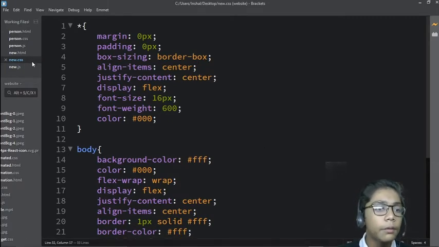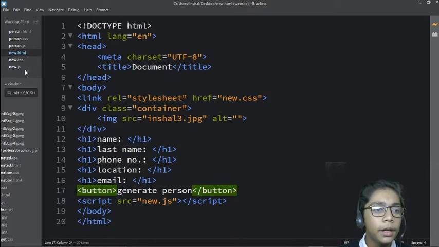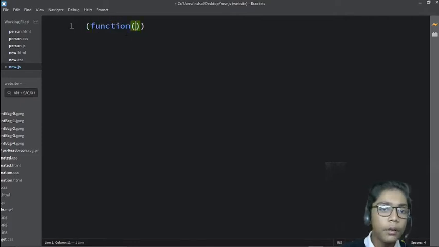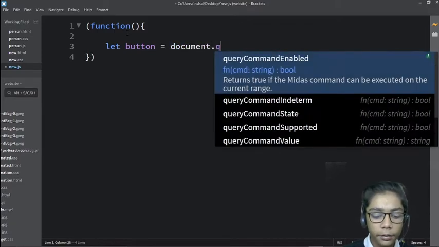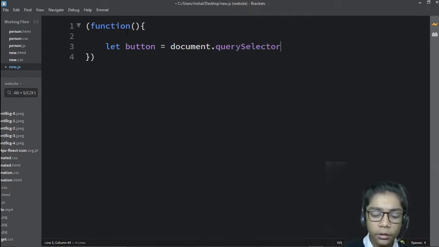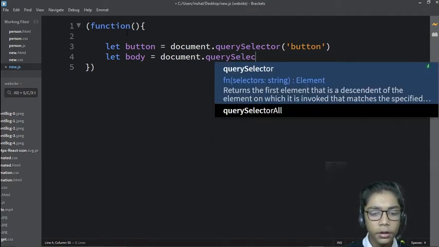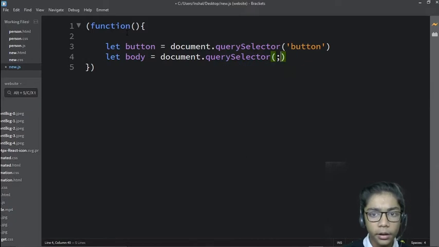Okay, so now here we have to work with our JavaScript. So I will first go to HTML, and now I have to go to my JavaScript sheet, and over here I will first write my function tag in brackets. Now I will write let button, because we have again defined our button. So I will write query selector, and over here I will write button again. Then let body equal to document dot query selector. So write query selector, then write body again, and when you've done these, you have to close that also.